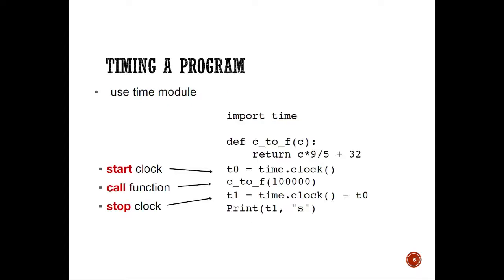So starting off with the most basic way, which is timing a program using the time module, we initiate the clock before we call the function. We call the function and then we stop the clock. So this would give us an estimate of the time needed to perform the function. However,